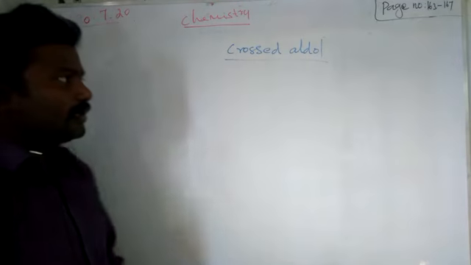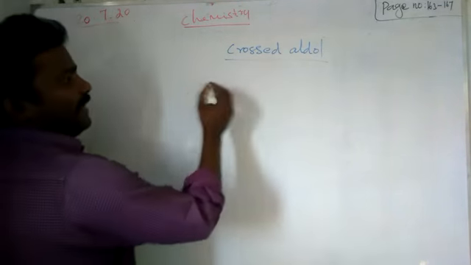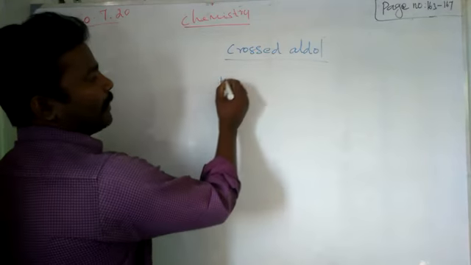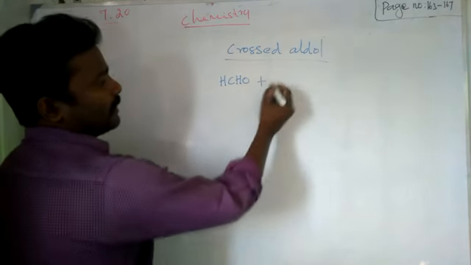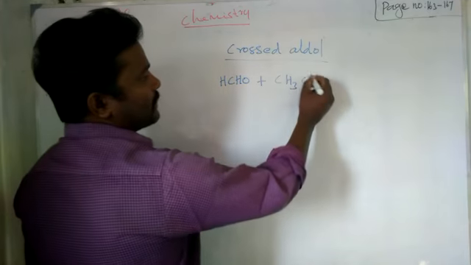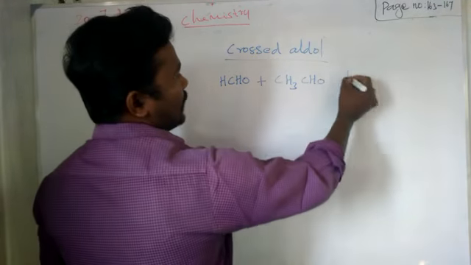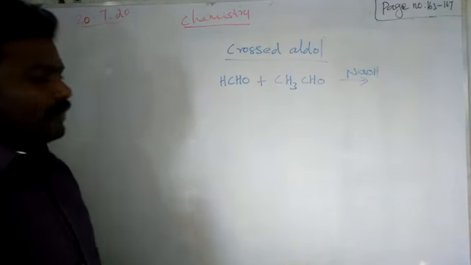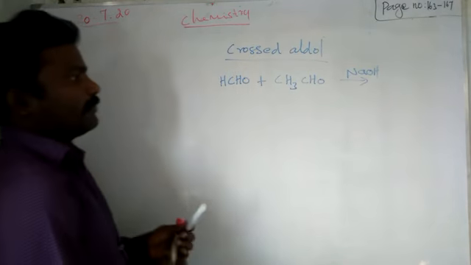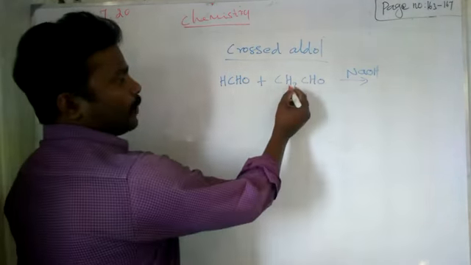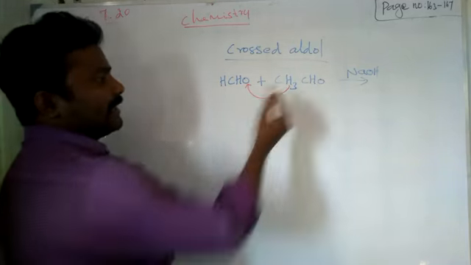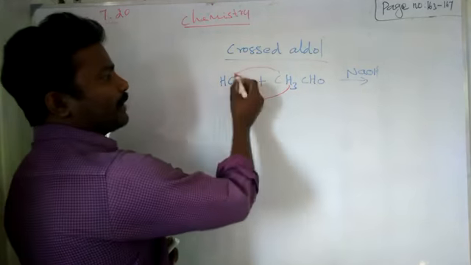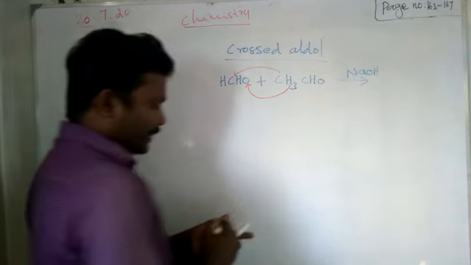In crossed aldol condensation, one of the reactants we can take is formaldehyde, HCHO, reacting with acetaldehyde, CH3CHO, with the same catalyst, NaOH base. So how will it react? Very simple. From these 3 hydrogens, you take 1 hydrogen, add it to this oxygen, and it will form OH. Then the remaining CH2CHO group you can add to the C. So you will get,